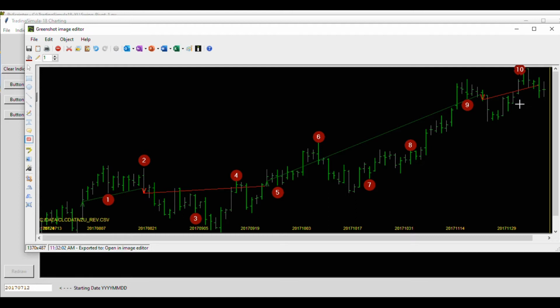Okay, so now that we have the significant pivot points plotted on the chart, this is going to be a pure stop and reverse initially. That's the first version of this trading strategy. The second version is using an 8-bar trailing stop mechanism. So if you're long, you would use the lowest low of the last 8 bars to get out, and if you're short, you would use the highest high of the last 8 bars to get out. But for this first version of the strategy, we're just going to make it a pure stop and reverse